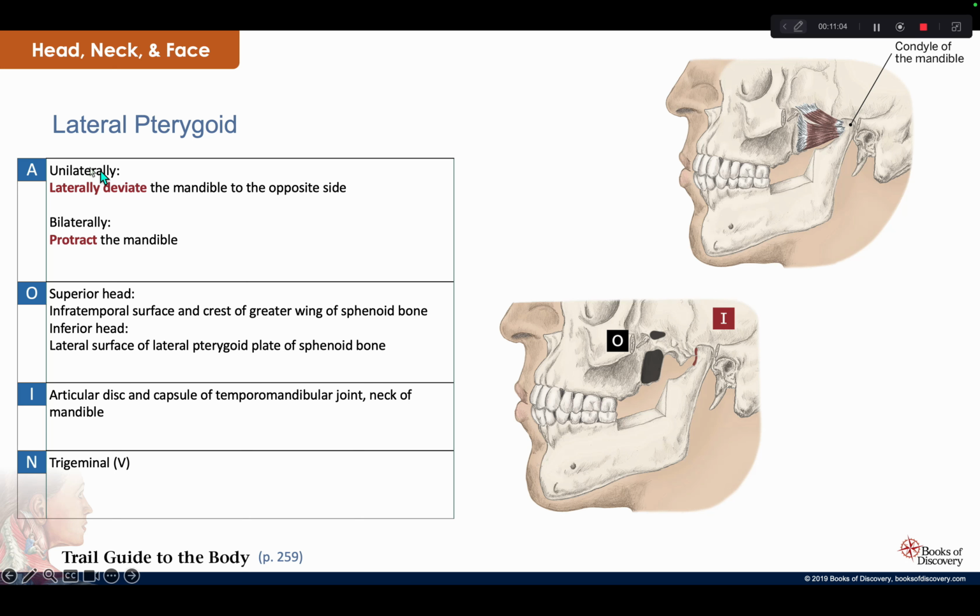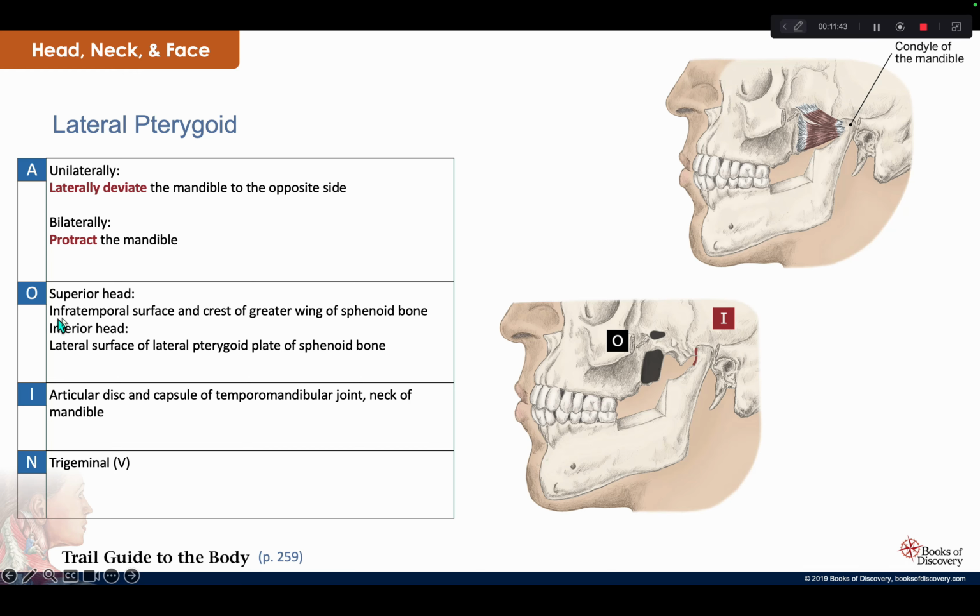All right. So your lateral pterygoid is another mastication muscle. Unilaterally, one-sided, it's going to laterally deviate the mandible on the opposite side. Bilaterally, it's going to protract the mandible. So your origin here, here's your black on this picture over here. You have a superior and an inferior head. So if you look at this top right picture, you can see how there's two sections for this pterygoid, the two heads. So the superior head above, right,